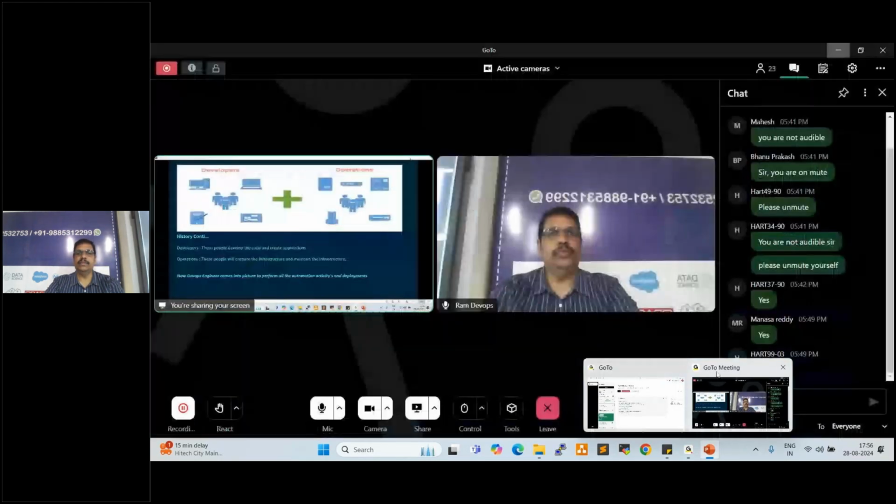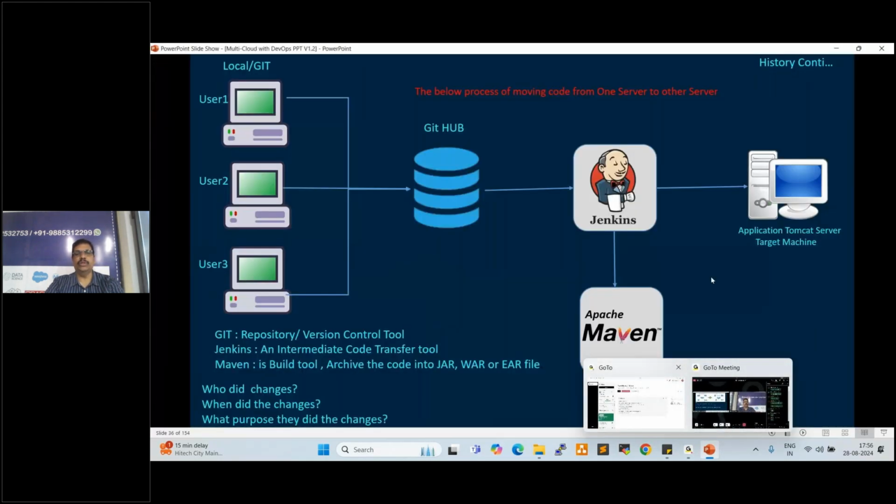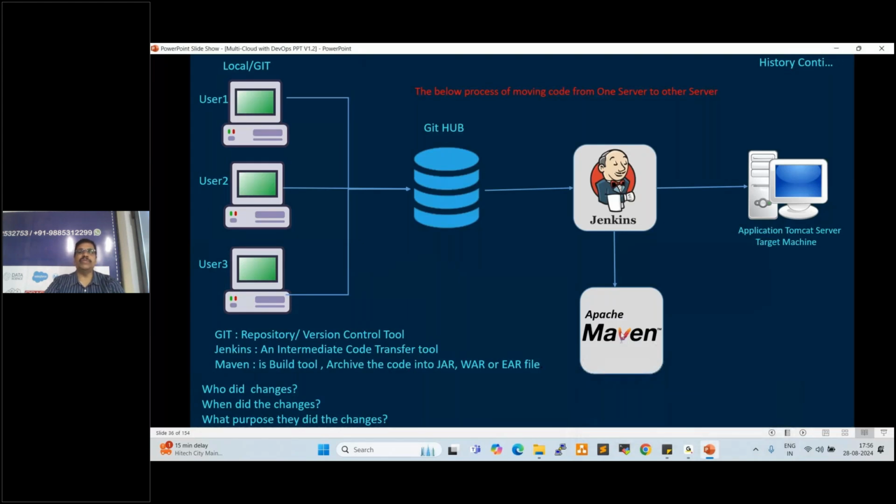Maven is a build tool which will generate artifacts, right? For example, Java development is going on. Developers are working on Java development. When we talk about development, there are three types: desktop application development, web application development, and enterprise application development,